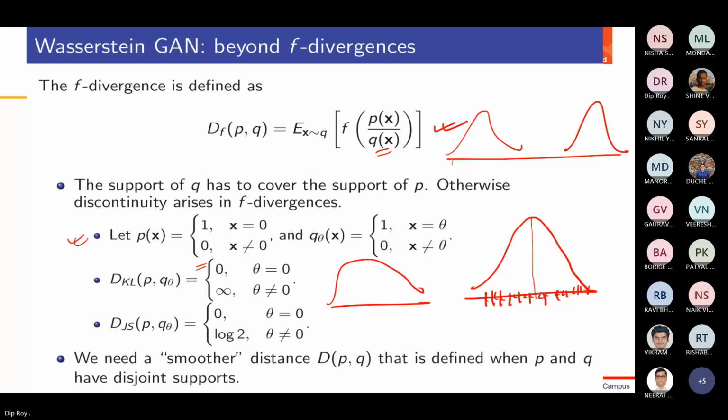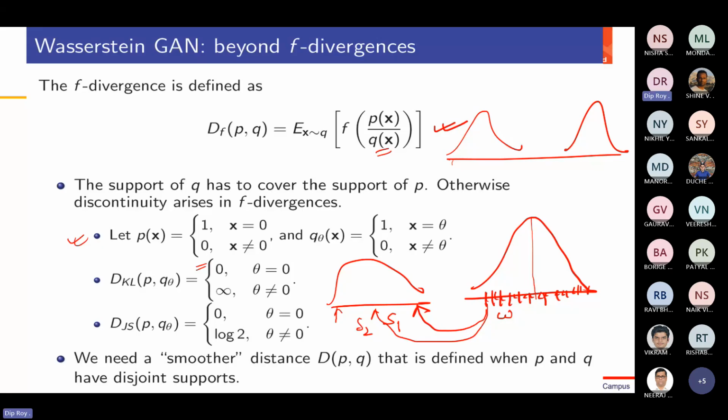so that we can make it similar to Q. And what the concept is trying to say is that for moving any mass from here to here, let's say you have a warehouse and you have a store. The mass from here can go to store one. The mass from here can go 50% to store one and 50% to store two. The mass from here can go to store three, or 33% to each of these three stores. So you have various transport plans for going from the warehouse to the store.